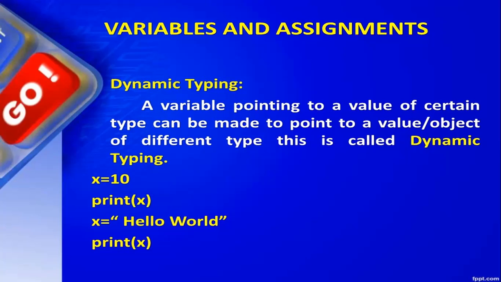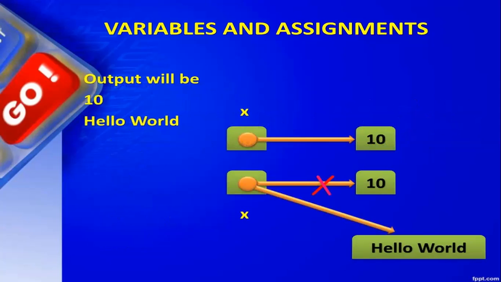Okay, so over here I have x equals 10, and then I change the value of x using the assignment operator to reassign values to x as hello world. So now x points to a string type value, which is hello world. So this is called dynamic typing, where it automatically understands what value is there. Okay, so x was equal to 10, and later on we changed it and we pointed towards hello world. So this is called dynamic typing, where the type of variable is automatically understood by the Python interpreter.